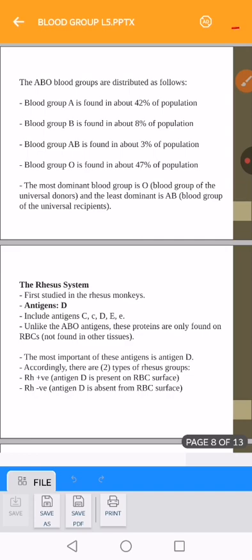If someone has blood group B, that means he has antigen B, and positive means he has antigen D. So if someone has antigen D, we call it positive. If someone doesn't have that antigen, we call it negative. Okay,